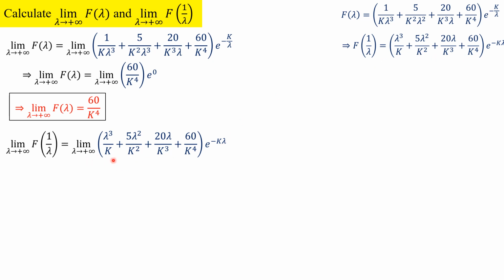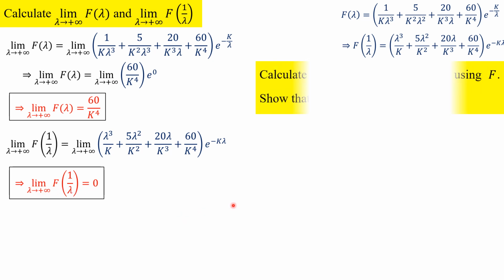Now as lambda tends to infinity, the interior here tends to infinity, because this tends to infinity, this tends to infinity, this tends to infinity, this tends to a real number, so all of the interior tends to infinity. Now e raised to the power negative k over lambda will be tending to 0, as lambda is tending to infinity. So e raised to the power negative 1 over negative k lambda will be tending to 0. So at the end we get something tending to infinity times something tending to 0, automatically it tends to 0. So that's the limit as lambda tends to infinity of f of 1 over lambda.